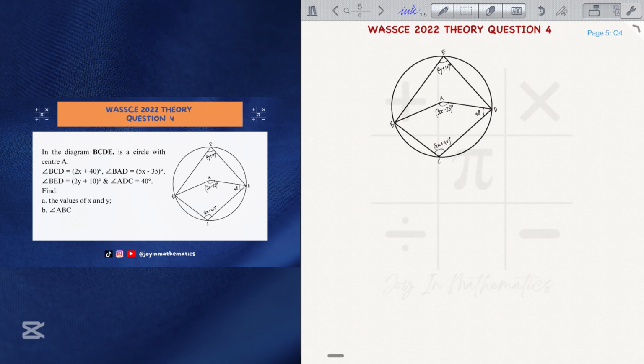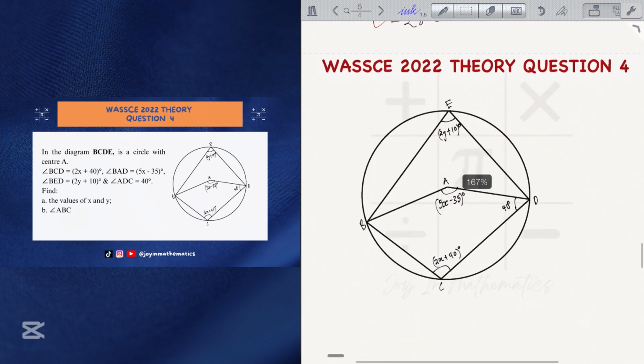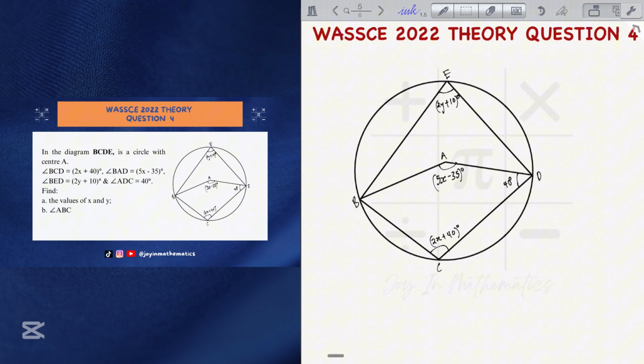And begin. Now let's proceed further to WAEC 2023 and begin. Now let's proceed to question number 4. In question number 4, we're given a diagram, and in the diagram it's a circle BCDE, which is also a